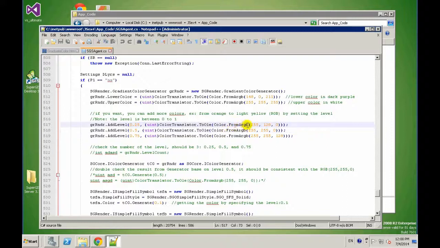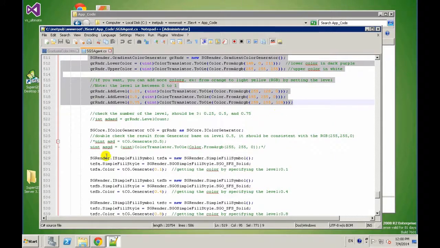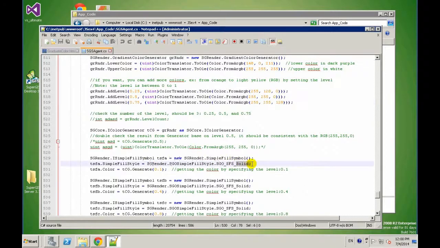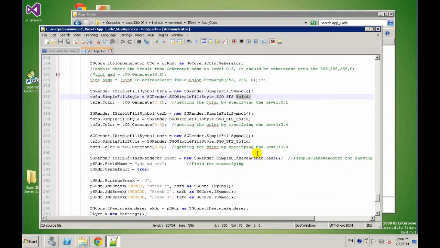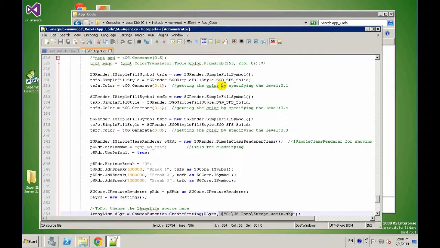And after setting the color by the RGB color number, this is all for setting up a color bar, and then we can start to generate our render by this one. As the render, use the simple fill symbol, which means there will be a fully solid symbology to display the layer, and the layer will be this here to add the layer. And then this is the physical path for the server side. Here I would like to add an external layer based on the administrator in Europe, and this is the polygon layer. So for the symbology for the render, I would like to use the simple fill style, and it is solid, meaning the pattern